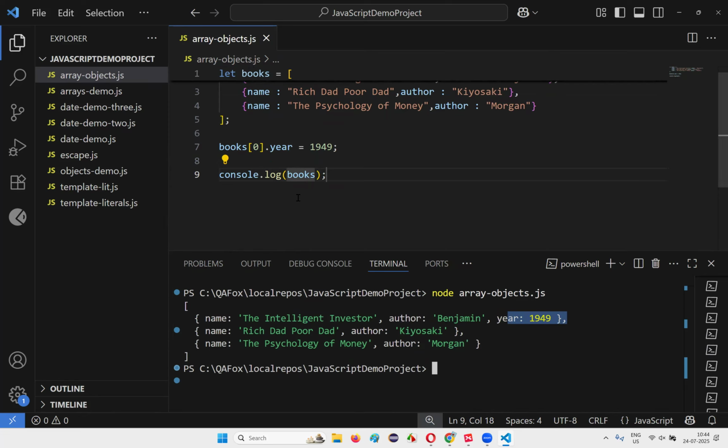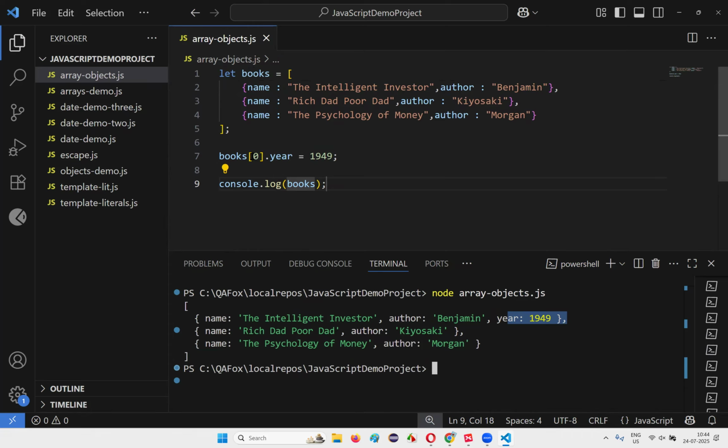If you still want the year for the remaining objects, you can use the same concept, guys. Books of one dot year is equal to, you can give that. Books of two dot year, if you say, it will add it to the third object. And so on. Anyhow, that's the concept. The next thing here is,